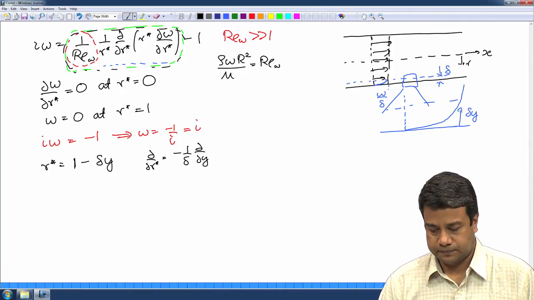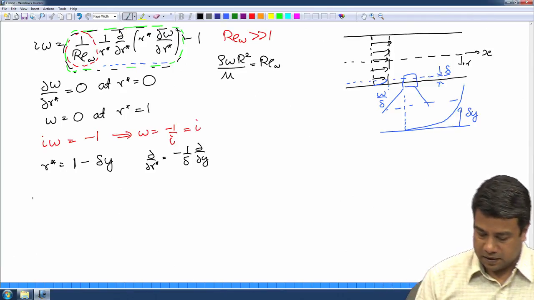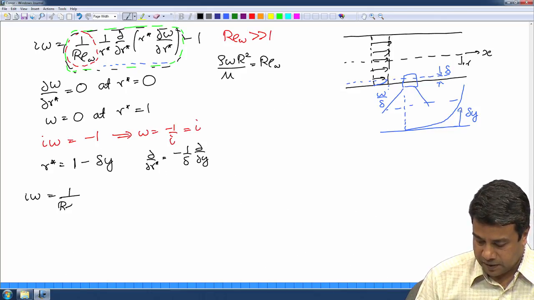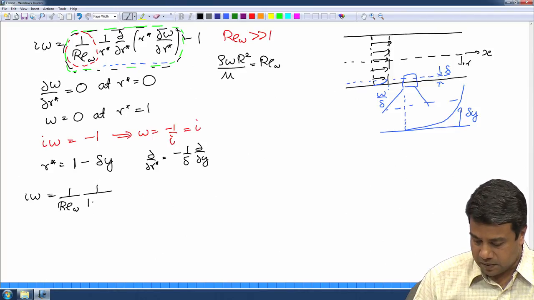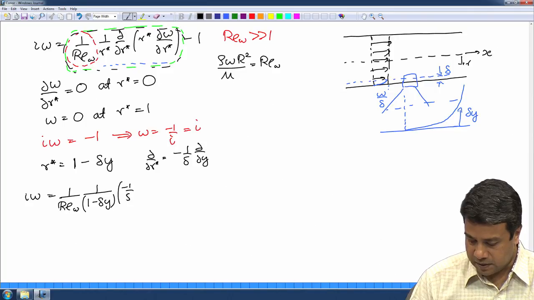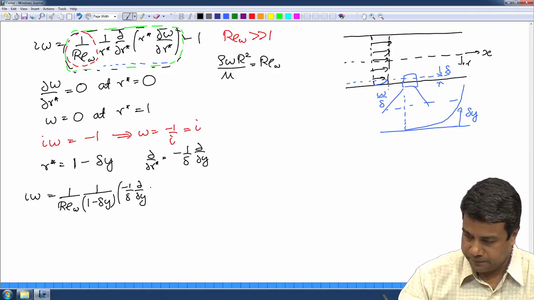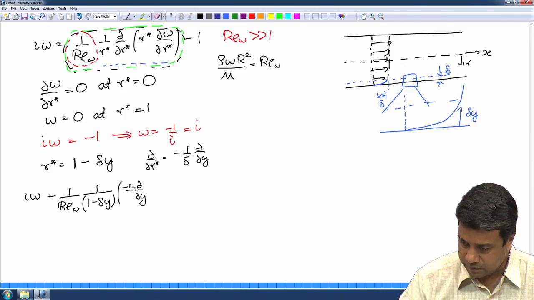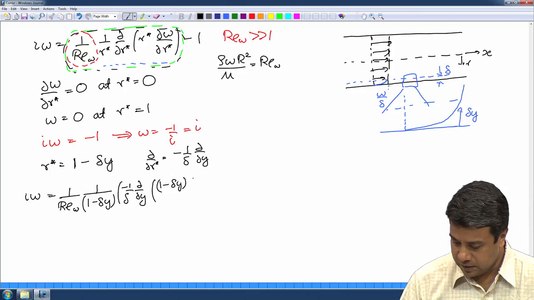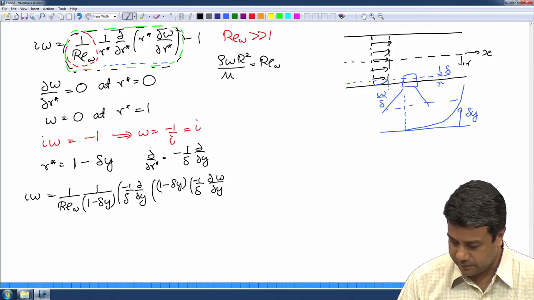So, I can write the equation as I w is equal to 1 by Re omega, 1 by (1 minus delta y), into minus 1 by delta d by dy, acting on r star, which is (1 minus delta y), into minus 1 by delta partial w by partial y,